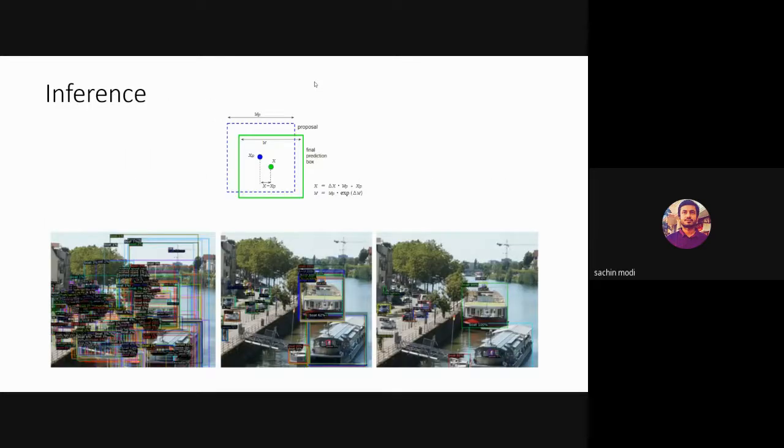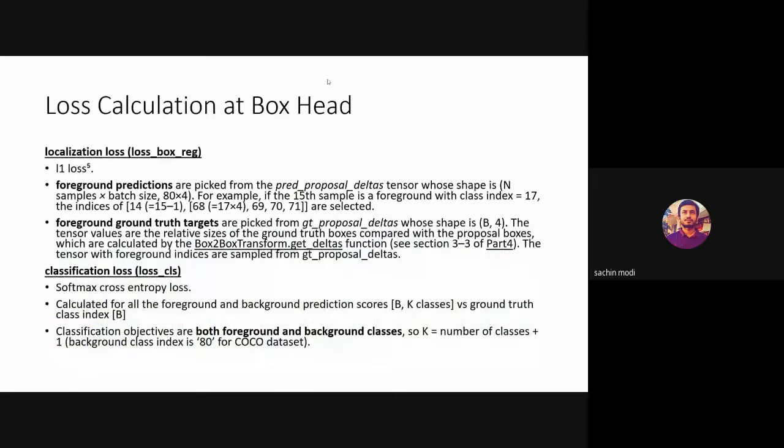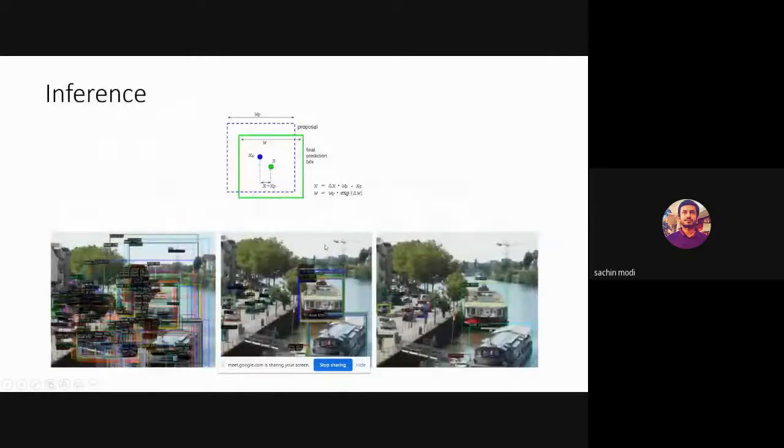So now this was during training, and while I'm doing inference or predicting, three things happen. First, I'll get a prediction for each of the 1,000 proposal boxes.